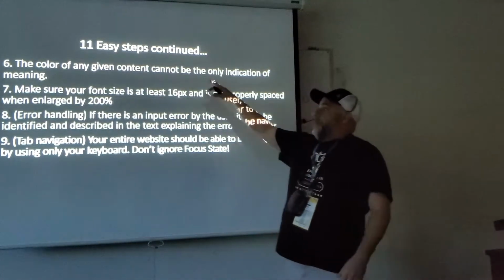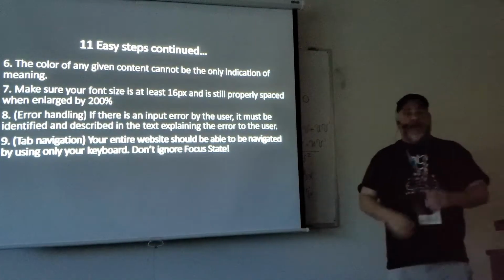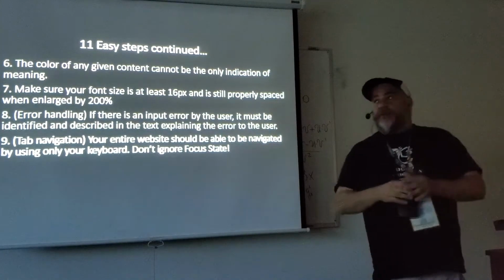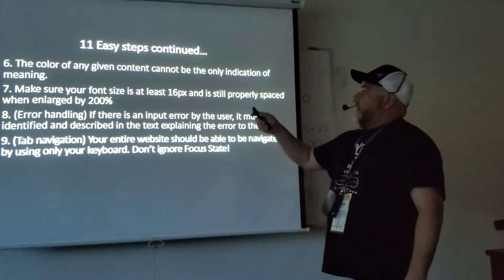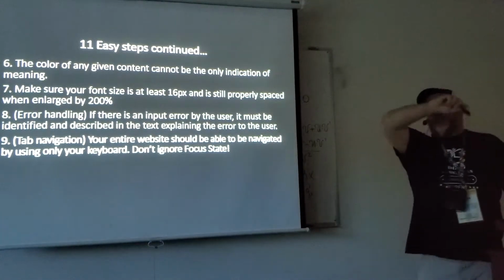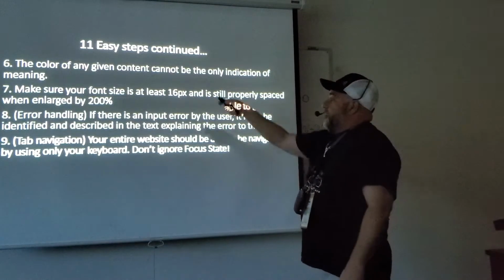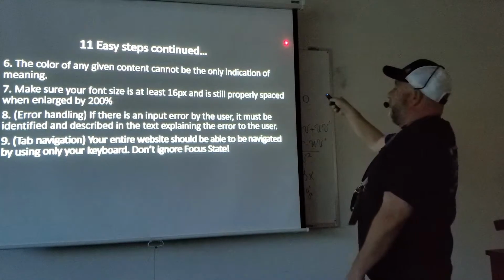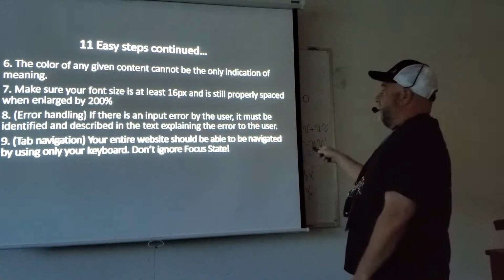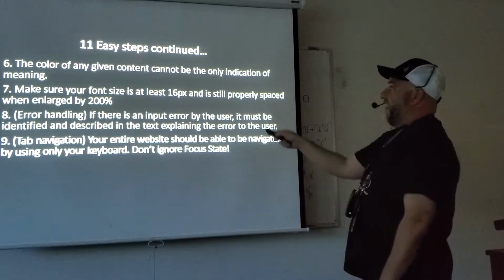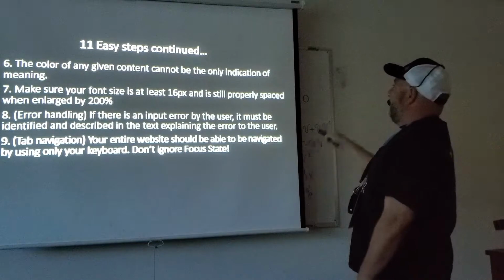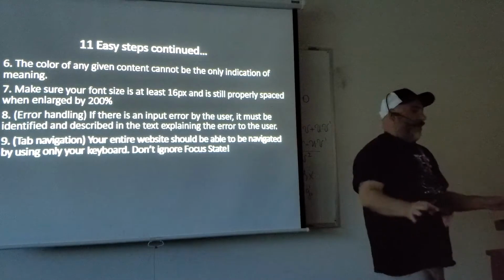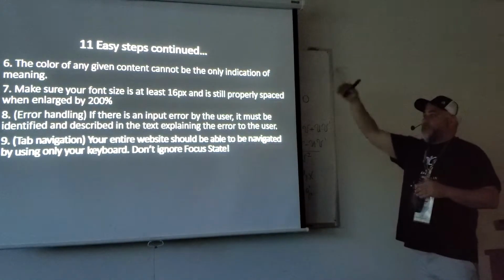So tab navigation: if you go to your website, before you hit anything, if you hit the tab button, what will happen generally is your URL will light up. And then, as you're hitting the tab button, and this has to do with what we talked about first with your site being in a predictable order, your tabs should go left to right, all the way down, like this. All the way down. If your site starts up here, comes down here, you hit the tab button, you're back up here, hit the tab button, you're down here, and then you're over here, you're failing. It's an absolute fail. It has to be in a predictable manner.